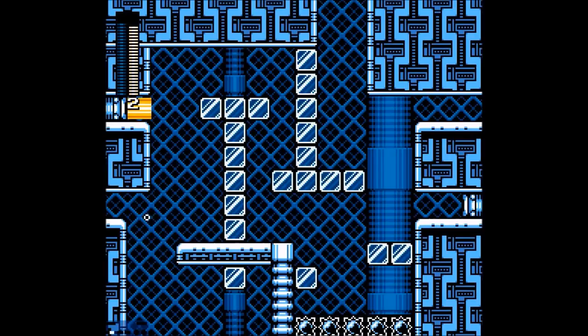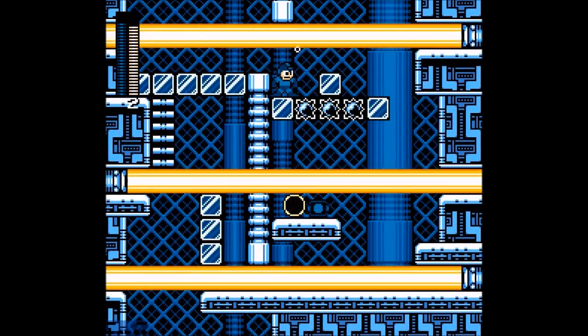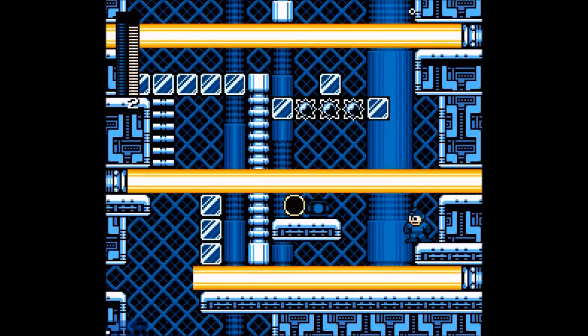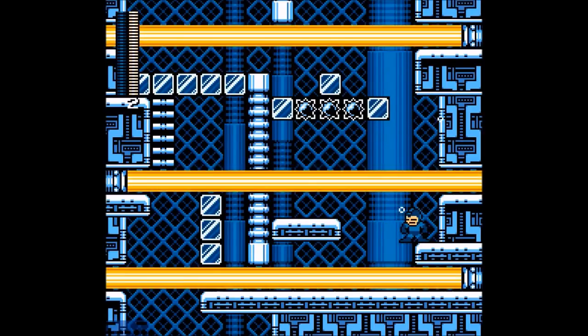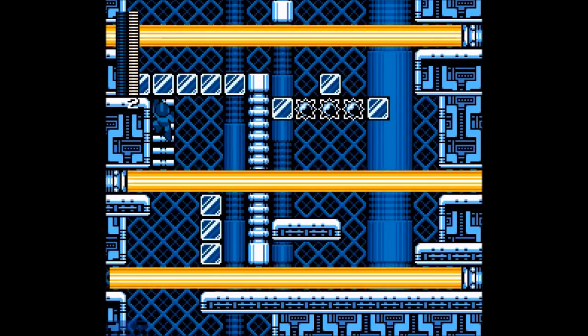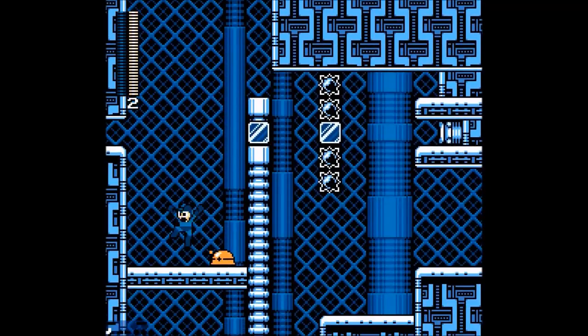But it's really unusual to have 2 water stages in a game, but then again, Fortress stages sometimes actually have that. Like, Mega Man Unlimited had 1 water stage and 1 anti-gravity, or low G I should say. But anyway,